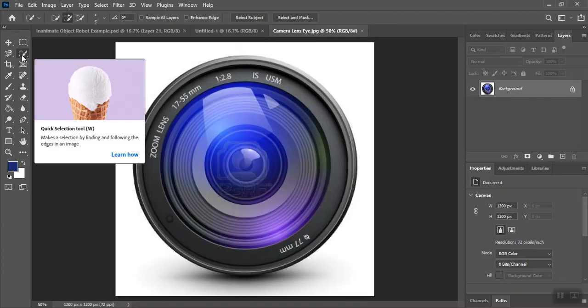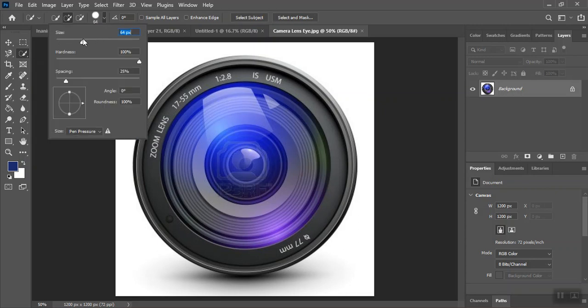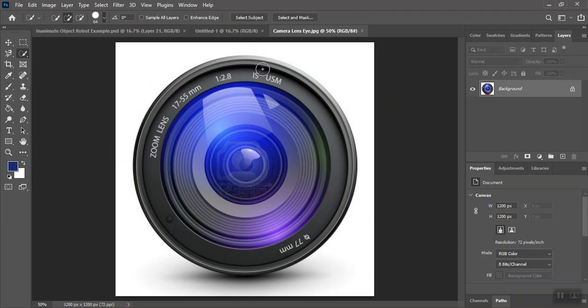So to start my layer mask, I'm going to take my favorite selection tool. The quick selection tool is probably going to be the easiest one. I'm going to click and drag around the camera lens. Ooh, got a little bit down there that I didn't want, but that's okay. We know we can edit it later. Here we go. And once I've selected everything that I want in my camera lens, I'm going to hit the